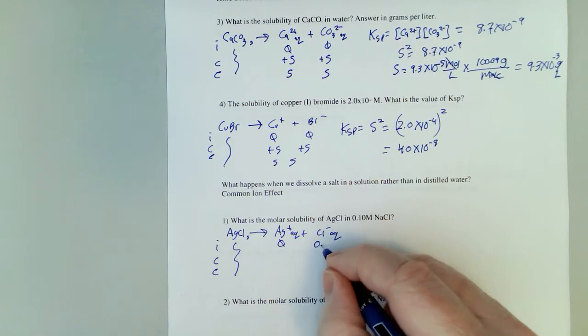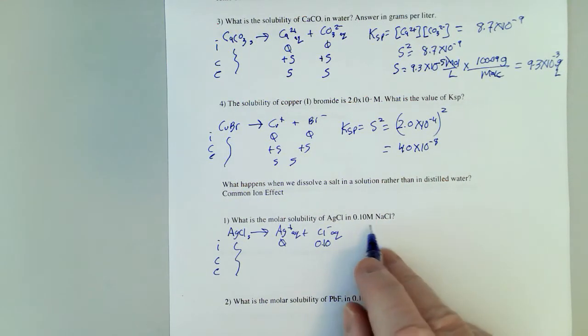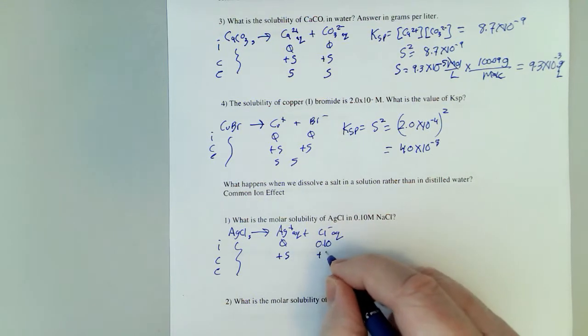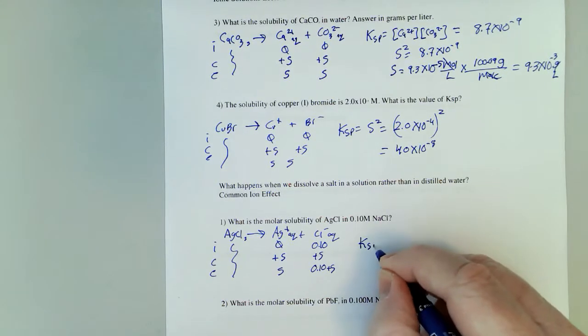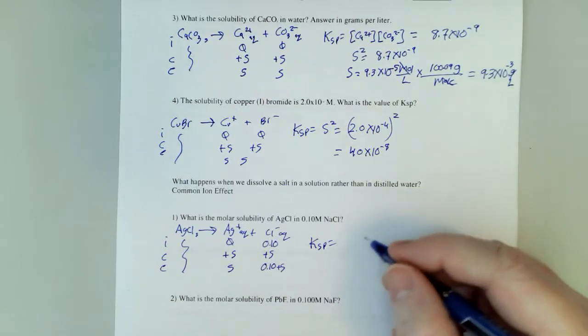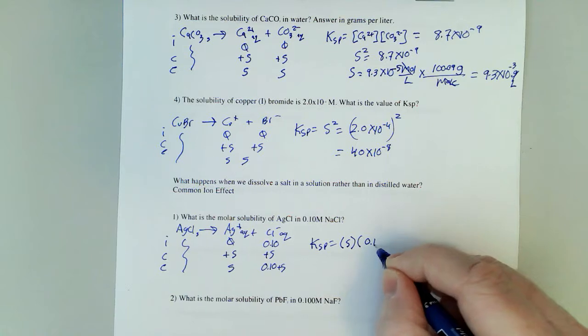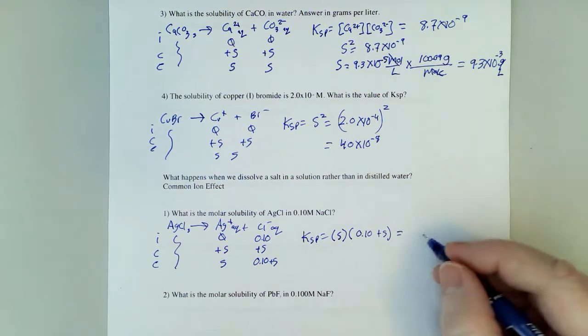And here's the difference: 0.10, because I already have chloride ions. Plus S, S, 0.10 plus S. So Ksp equals S multiplied by 0.10 plus S,